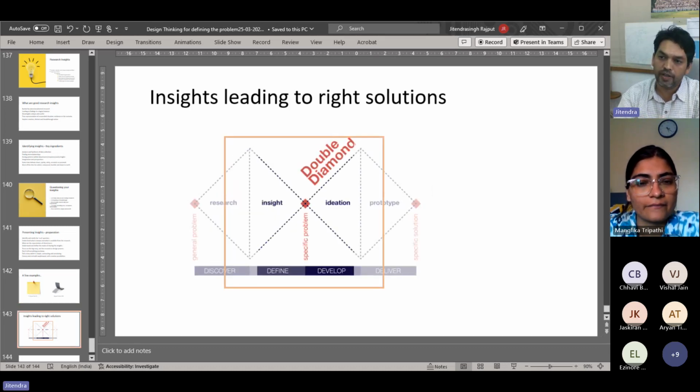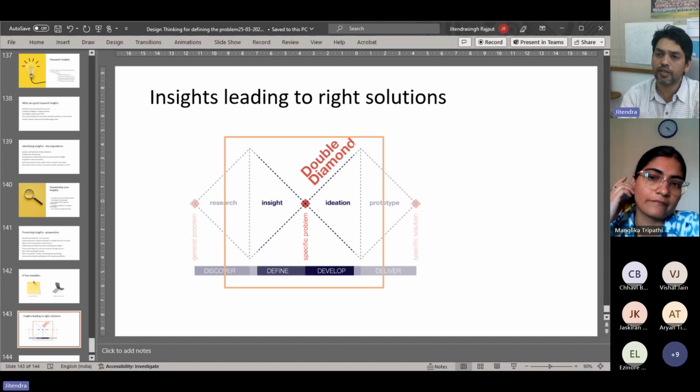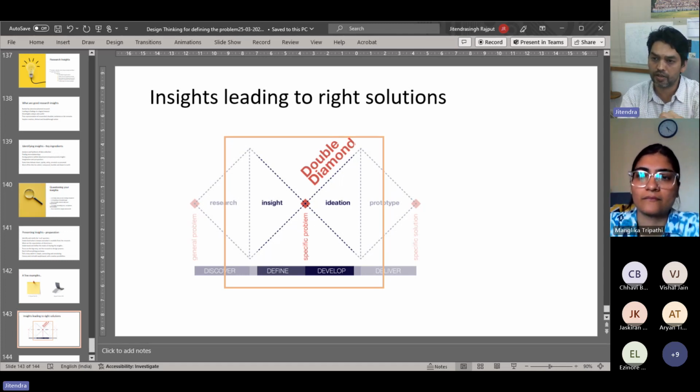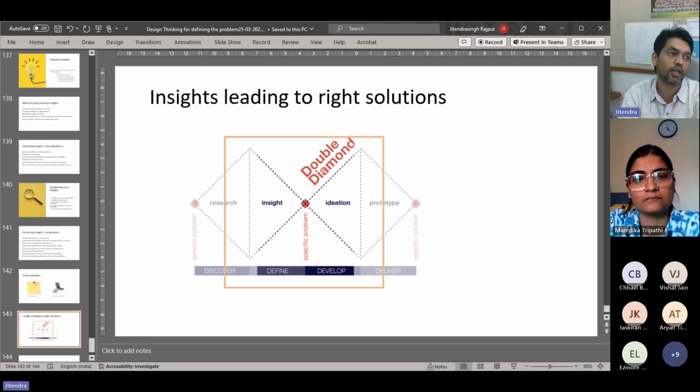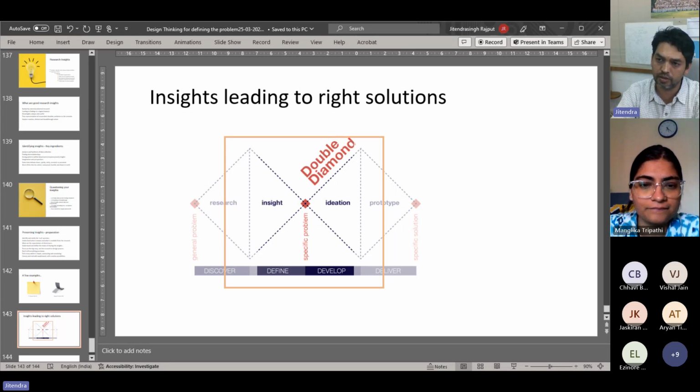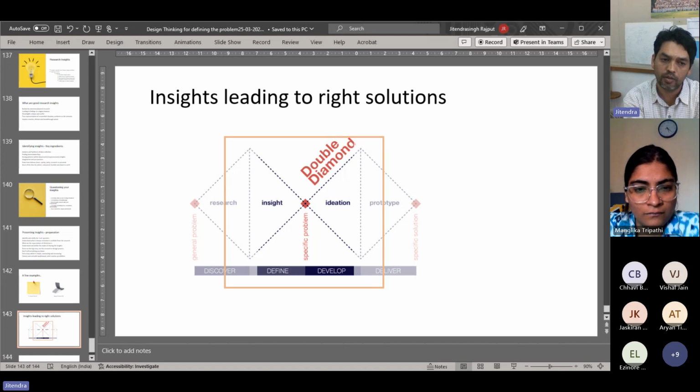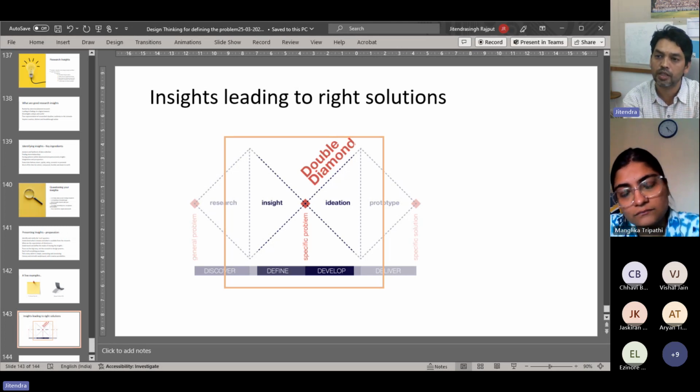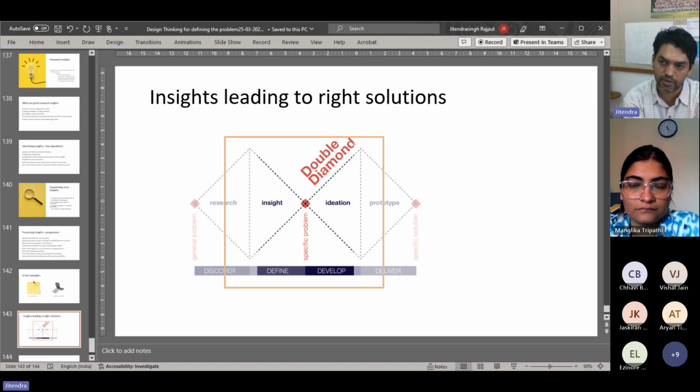Ultimately, we are reaching the level where we are saying that insights are leading to better directions. This was our approach in the previous sessions, to see how from a common, general problem we reach a specific problem. In the process, we do research, we do churning of that research, we get insights, and those insights are something we can bank on and work on extensively, and we can call them more specific opportunities or problems.